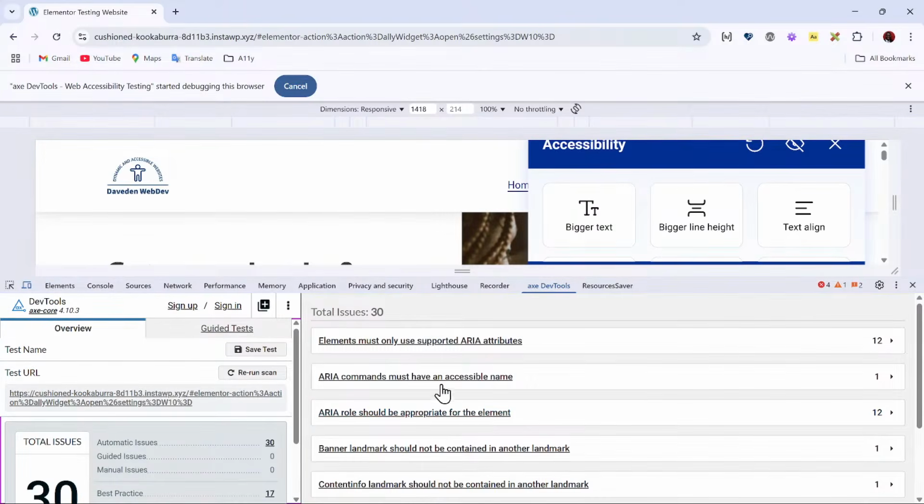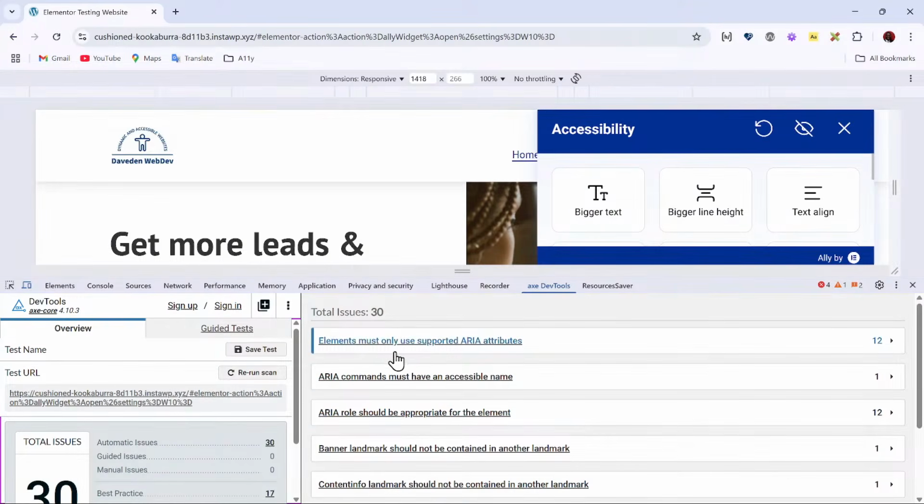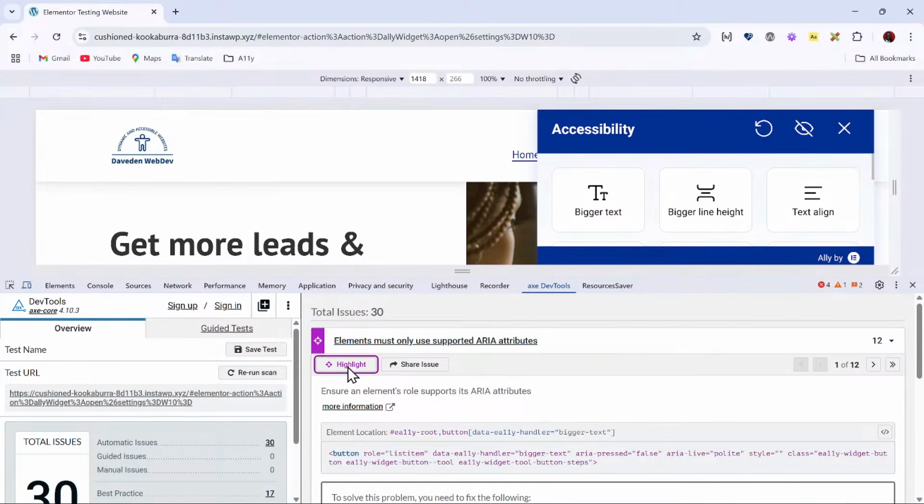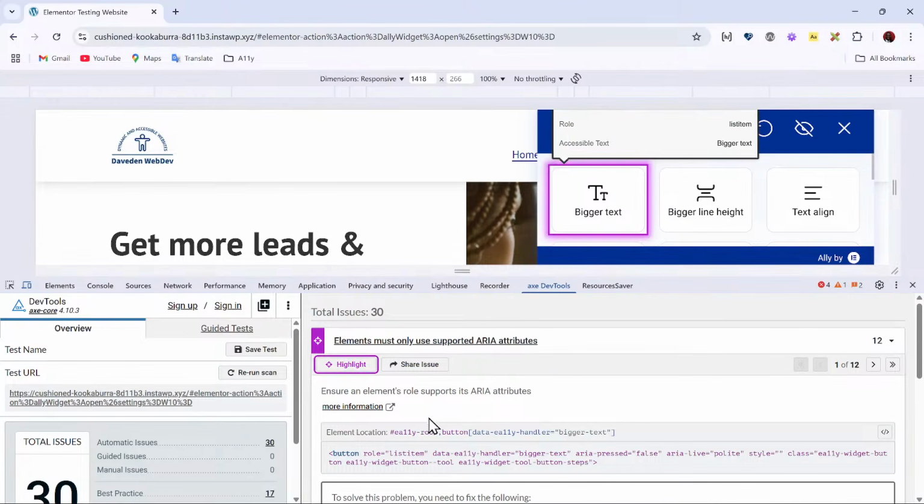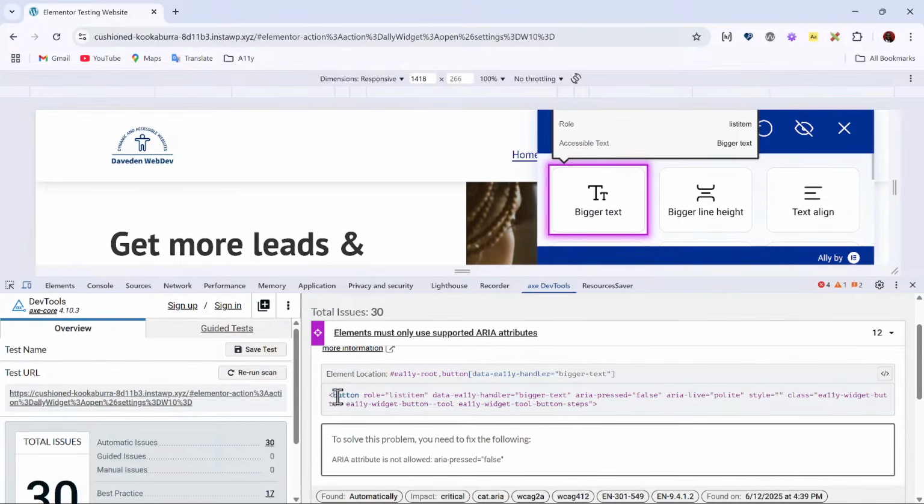So you can see all of the issues that are related to this toolbar. Elements must only use supported ARIA attributes. Highlight it. Basically, what are you doing? They say to ensure the role supports the ARIA attributes. Now, you've